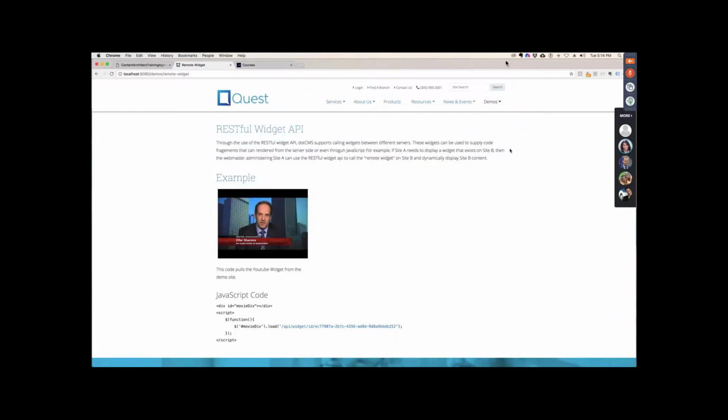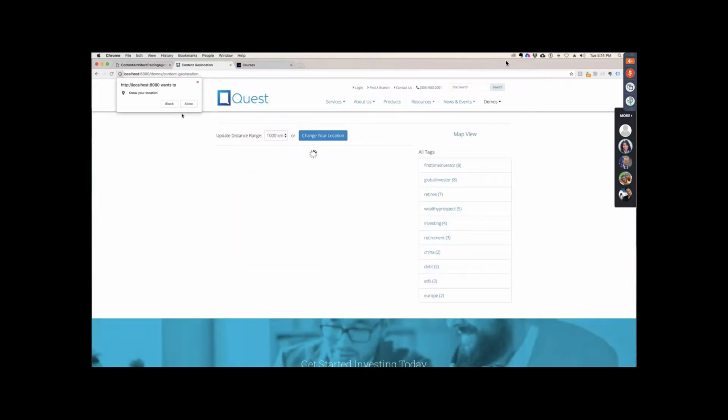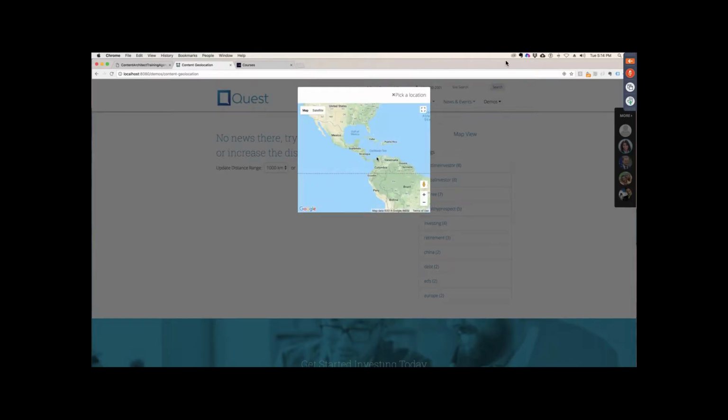Remote widgets, a little blurb about how to pull content from another dynamic dotCMS server, and you can see it's asking me for my location, geolocation. It found me in Heredia, but I don't have any content near me in Heredia, Costa Rica. We don't have any in our starter, but there's a little map provided, so I can actually zoom in, and